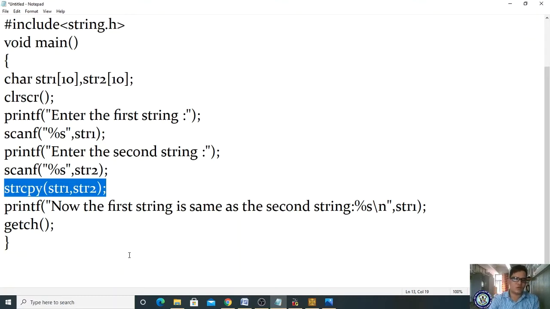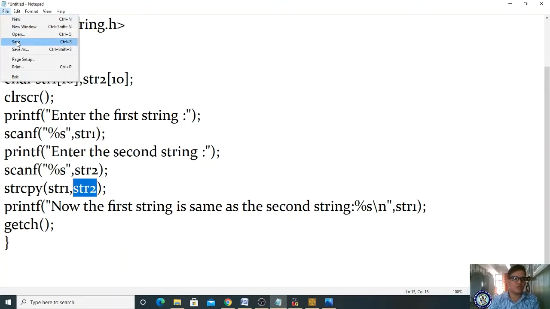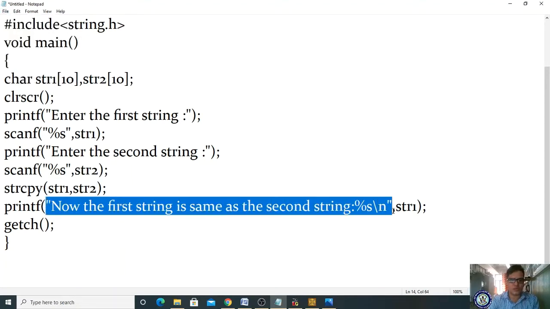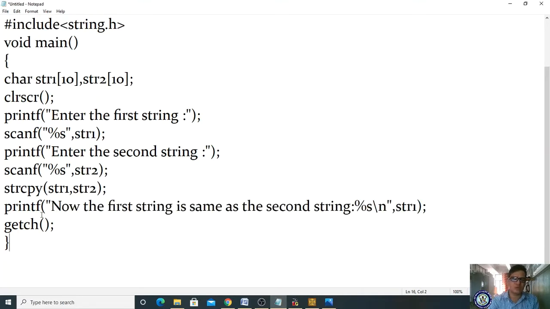Let me save it first. So what is the purpose here? Whatever content is present in str2 will be copied into str1. Whatever value exists in str1 will be replaced with str2. Got it? Now let us save it. Afterwards you display the content. If you display str1, it will show the same thing.